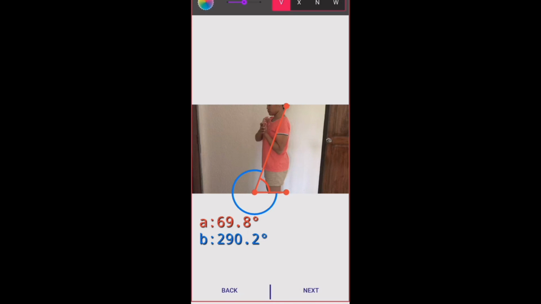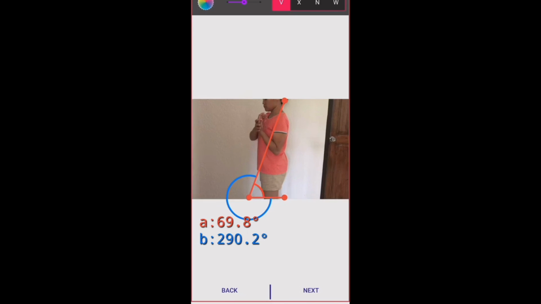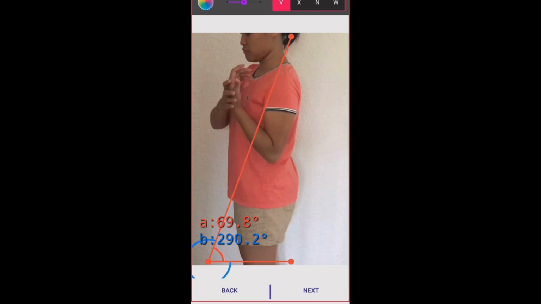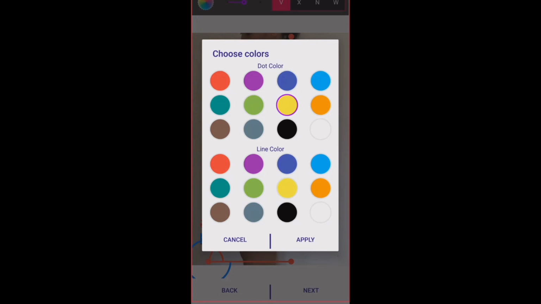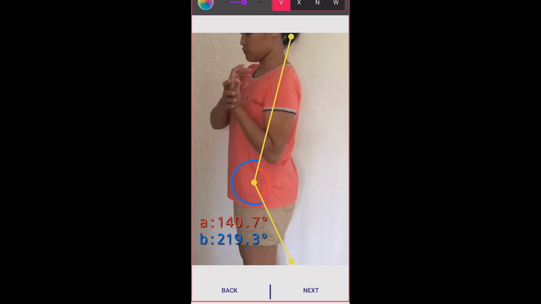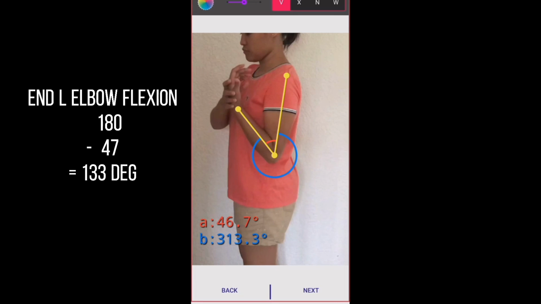Then we have the second picture, or the second frame. We'll again change the color and then put on the landmarks. So we have 46.7. We can use 47.